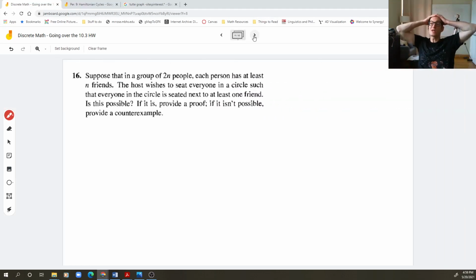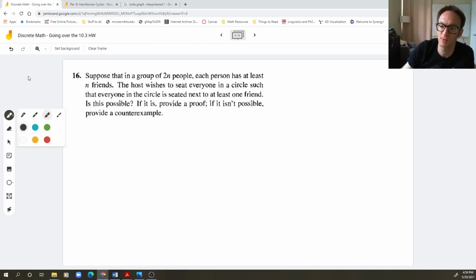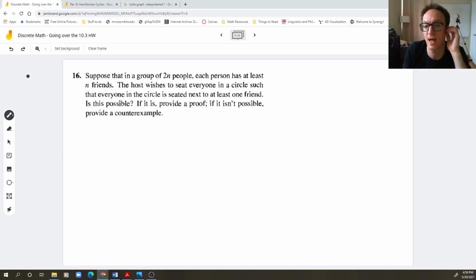Suppose that in a group of 2n people, each person has at least n friends. Okay, so this is a total cheeseball problem because there's basically one thing that needs to be proved in this entire section on Hamiltonian graphs. We talked about in class that whether or not a graph is Hamiltonian, whether a Hamiltonian cycle exists, is something which lacks a clear characterization. So there's no property that all Hamiltonian graphs have and only Hamiltonian graphs have, but there are some sufficient